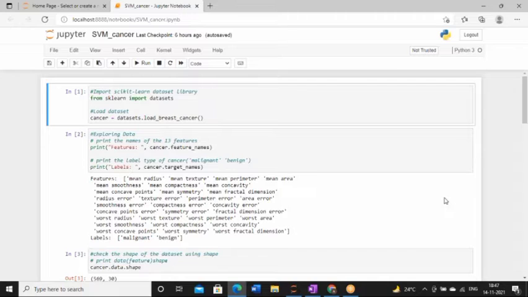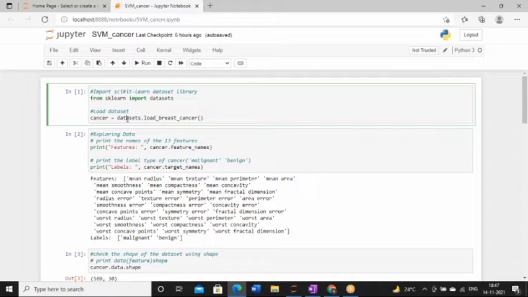This is the code that I have created for you all, and today we are going to discuss each and everything on the basis of a data set, this one. As you can see, I haven't fetched this data set from the UCI machine learning repository. I have fetched it from here, because this approach is already known to us, that some of the data sets are already there in the sklearn library. So I'm fetching this data set from there.